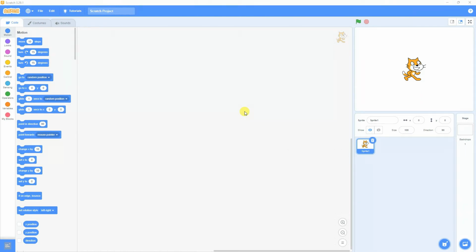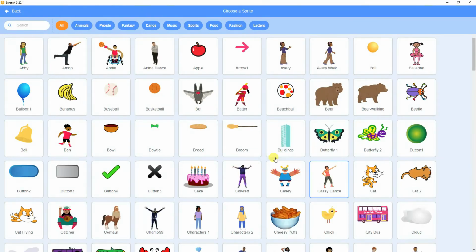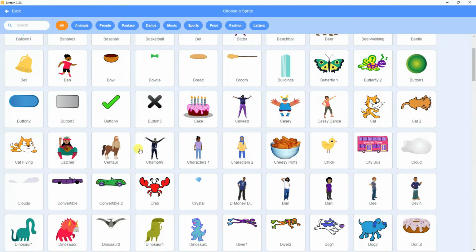Hi and welcome to another tutorial on Scratch. We will learn how we can use the arrow keys on our keyboard in order to move the object in different directions. Now, first of all, we'll choose a different sprite. If you want to delete the sprite on your screen, click on this trash can icon and it will delete the sprite. In order to add a new sprite, you'll click on this icon and we'll select a convertible car